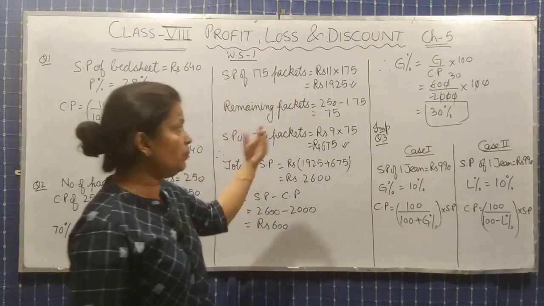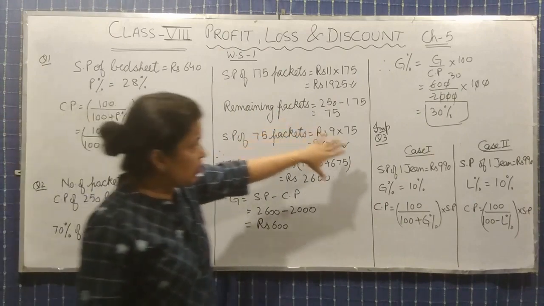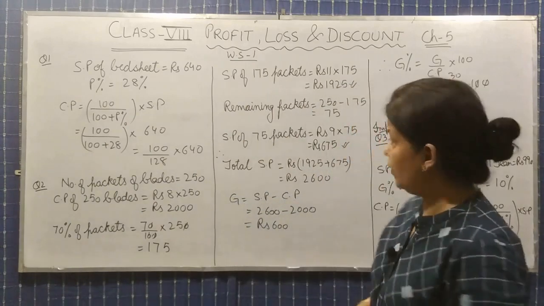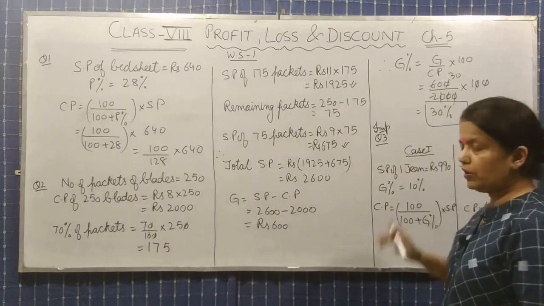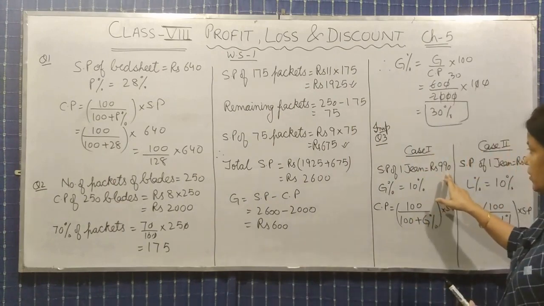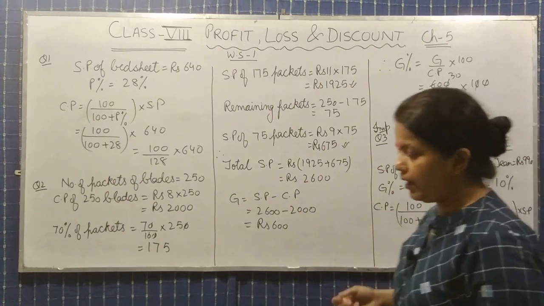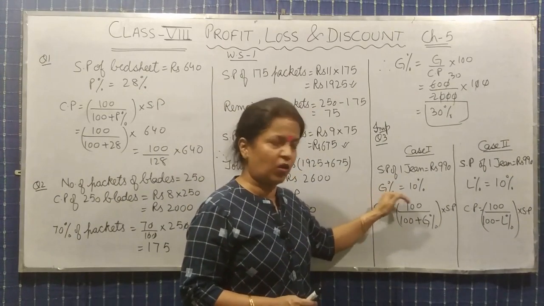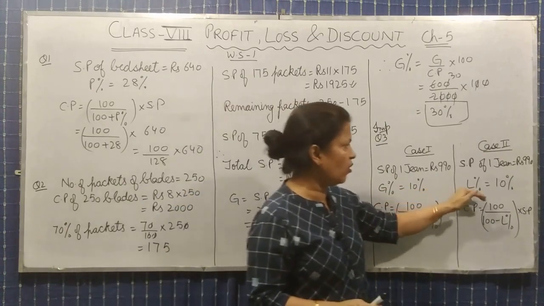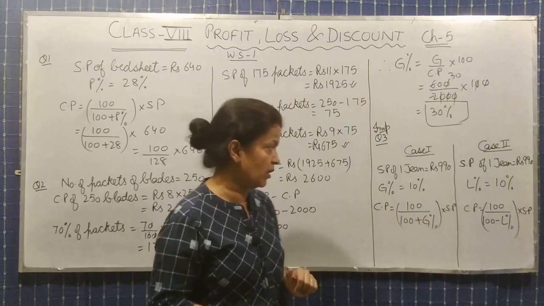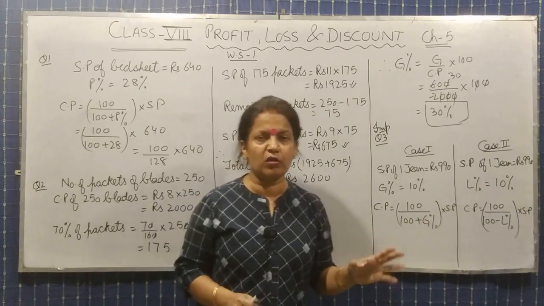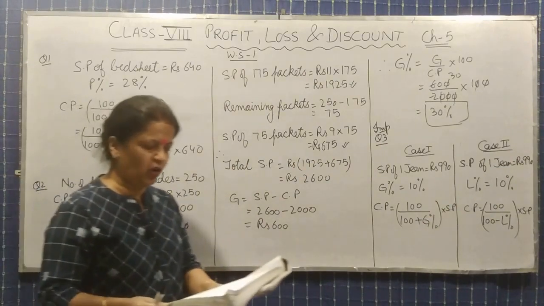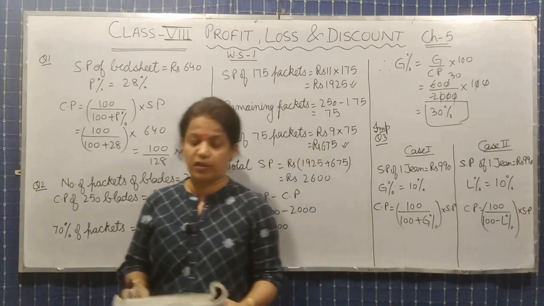Okay. Come to the third question. Question third type is very important from your exams point of view. Question is: selling price of 2 jeans is rupees 990 per jean. तो हम यहाँ पे क्या करेंगे? And it is further given the gain percent on one jean is 10% and the loss percent on the other jean is 10%. And then you have to find out, question में दिया हुआ है, find his gain or loss percent in the whole transaction.